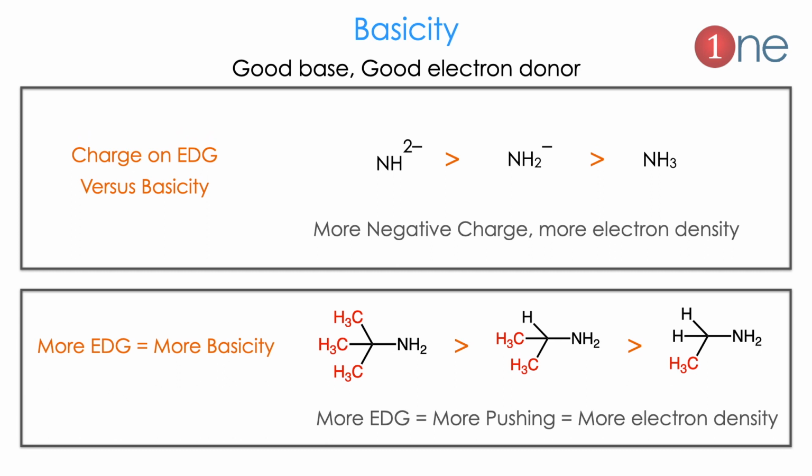Then the next thing is that more electron donating group leads to more basicity. Suppose you have an amine, which is a Lewis base, it can donate the electron. The donating group can help the amine to donate better because it pushes the electron, so there is more electron density. If it is a 2-methyl group, there will be more pushing. With a 3-methyl group, there will be more and more pushing. So tertiary will be a much better donor, then secondary, then primary. So more electron donating group leads to more basicity.